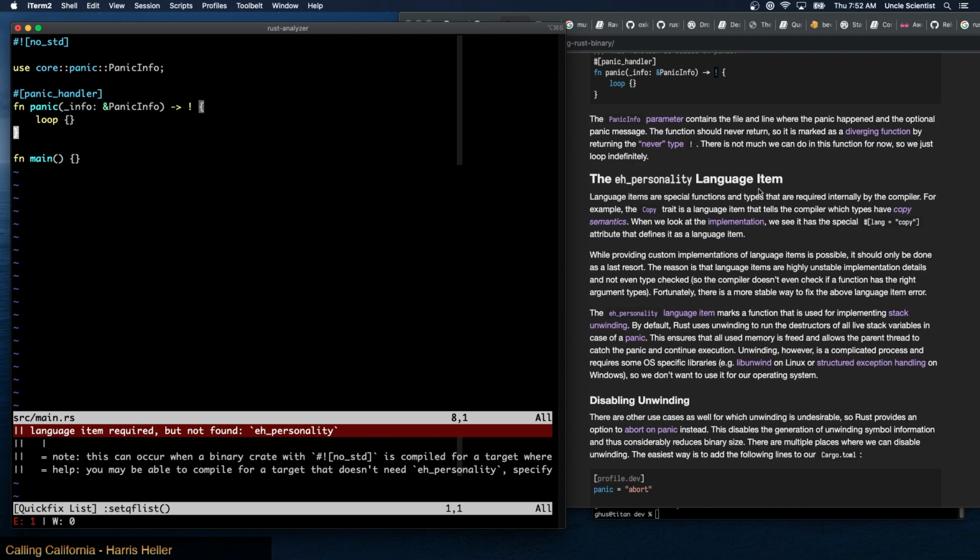The eh_personality language item. Language items are special functions and types that are required internally by the compiler. For example, the Copy trait is a language item that tells the compiler which types have copy semantics. When we look at the implementation, we can see it has a special